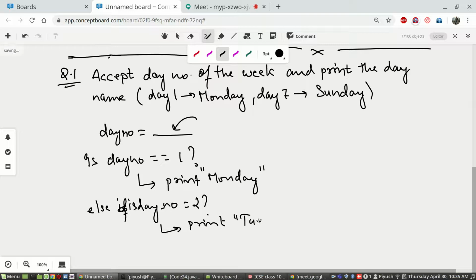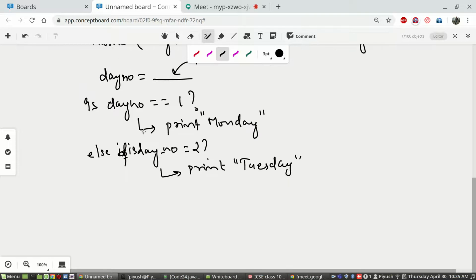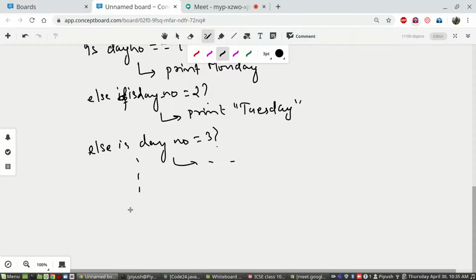Similarly, you will go on to the next else and check the condition. If that is also not the case, else if day number equal to 3, and you will go on printing one by one, and finally else if day number equals 7, in which case you will print Sunday.